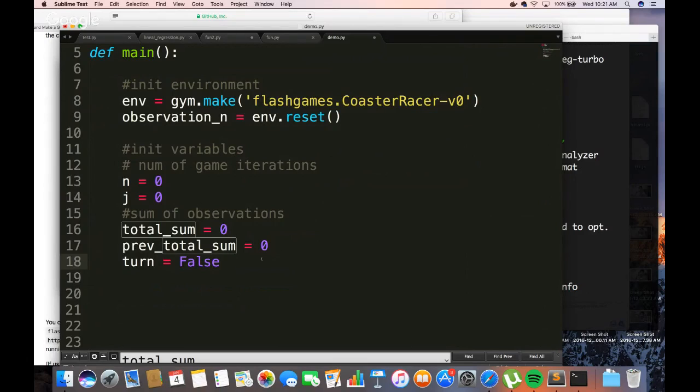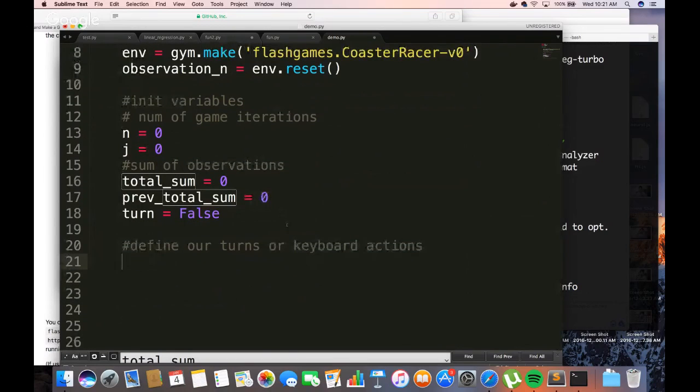Because remember, this is a driving game, and there's only 3 moves to make: turn left, turn right, or go forward. So speaking of turns, let's define our turns, or keyboard actions. We'll start off with left. So this is going to be a left turn, and we're going to say our key event